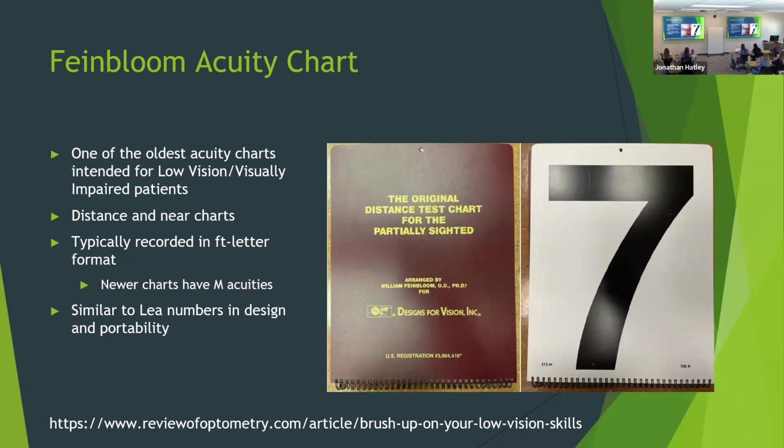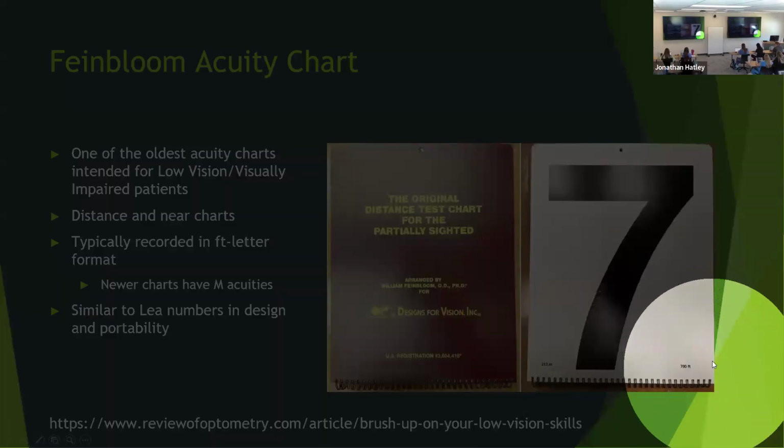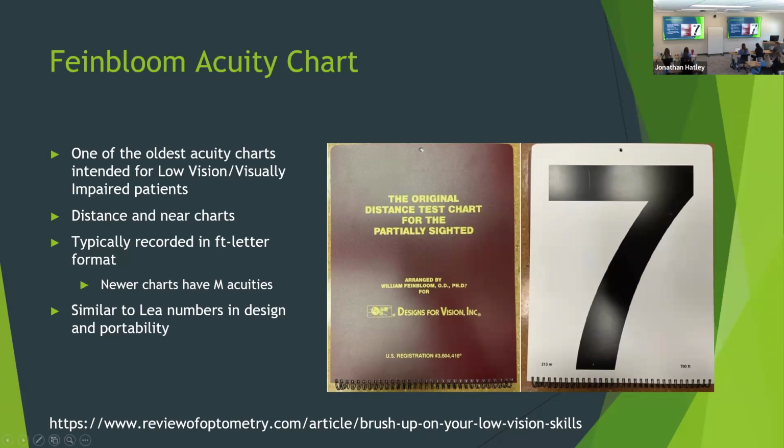So one of the things that I ran into with this chart is that this is not any kind of research. It's more of anecdotal observations, I suppose, since that's a bit of an oxymoron, that this number is easily read by patients that then can't read any other subsequent numbers. And so in certain cases, I have observed this test overestimating a patient's visual acuity. And you can see down here, this is a 700 foot letter. Yeah, overestimating just a little bit. And so their visual acuity is likely worse than is actually recorded, but they can identify that 7 because it